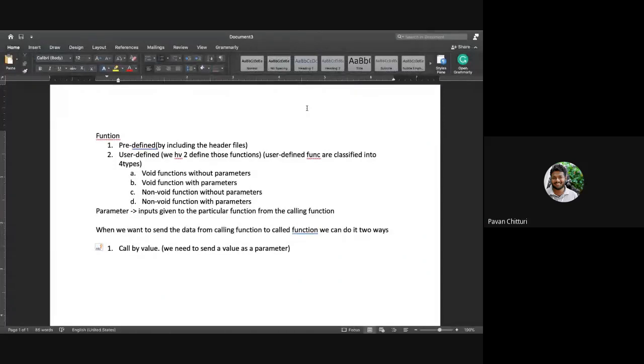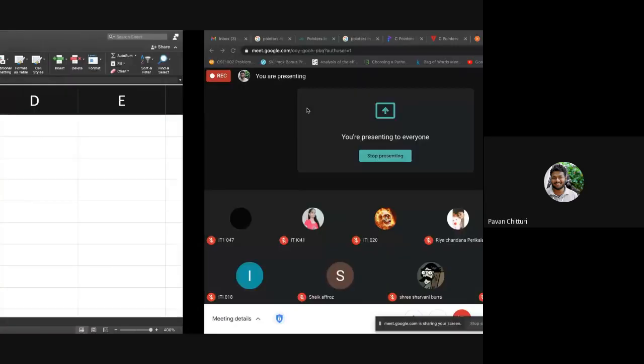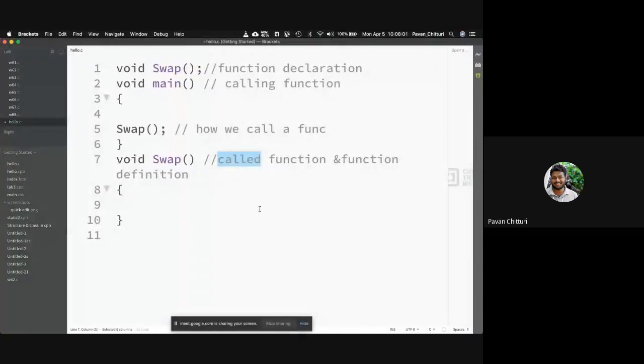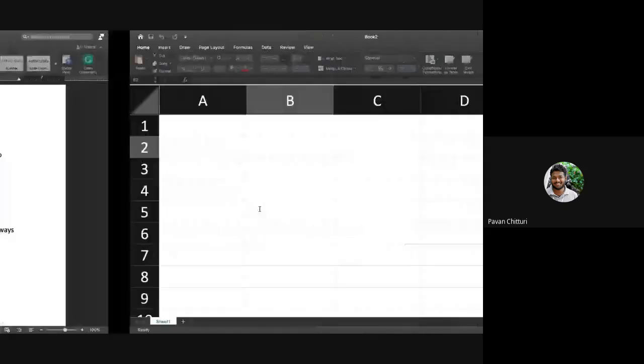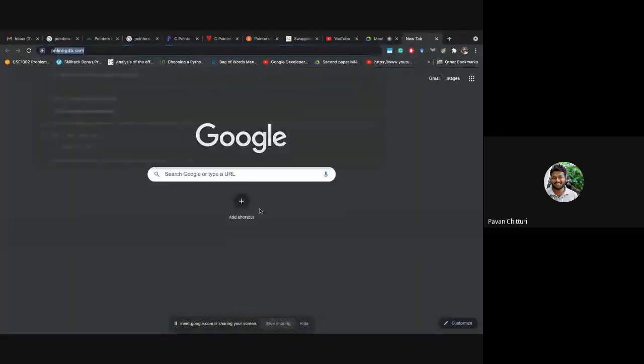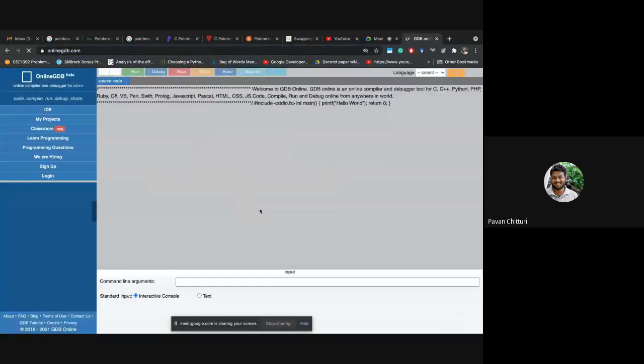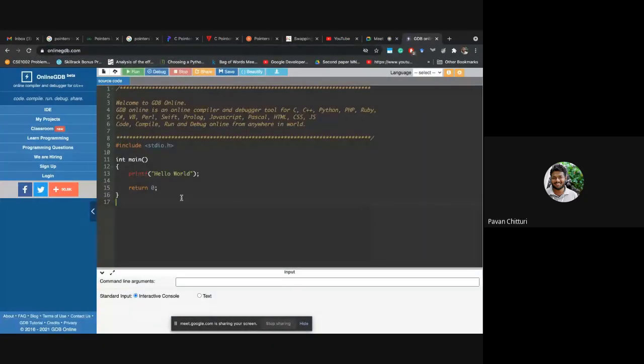We need to send a value as a parameter. Now we will see an example for this particular type, call by value. We saw that in the last class, but I wanted to tell the same thing again. I'll run the program and show it to you in the online compiler itself. So this is the main function.